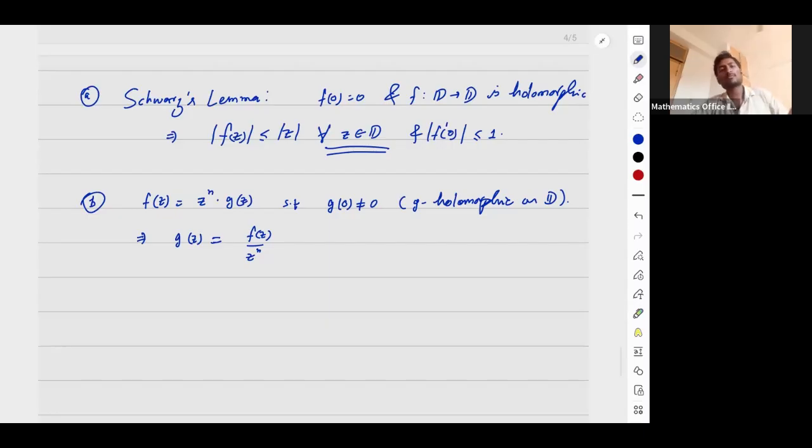So in a neighborhood of 0, this function g is holomorphic. Now by maximum modulus principle,